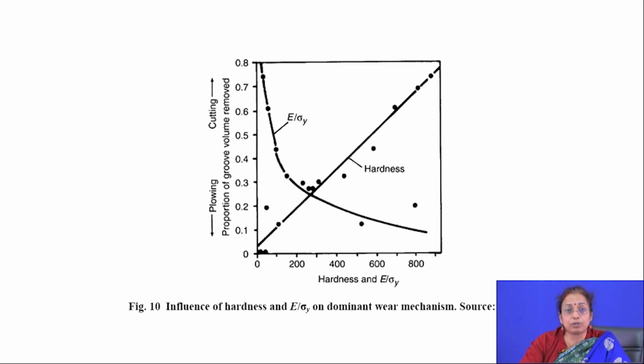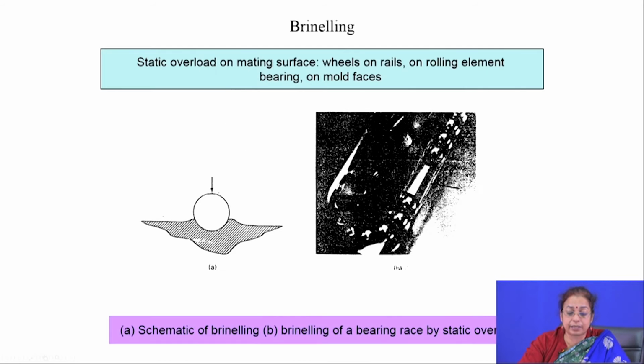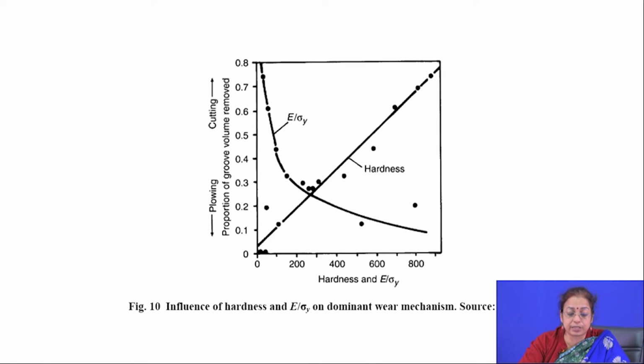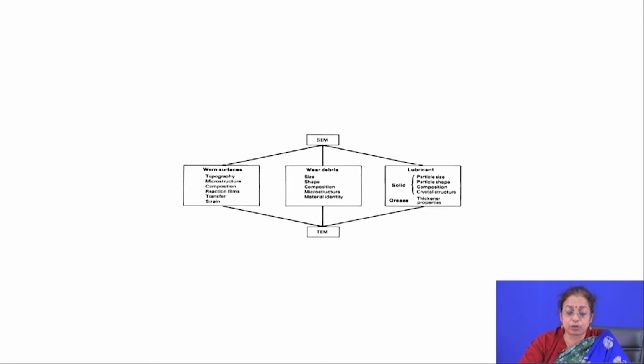Now, if you quickly go through the different wear parameters, as I mentioned, wear parameters and also material parameters. Wear parameters means the different types of wear which are operating and the characteristics of the different kinds of wear. You can easily understand the characteristics of different kinds of wear when we discuss different modes of wear. So, for example, if you talk about the characteristics of low stress abrasion, there the surface looks full of fine